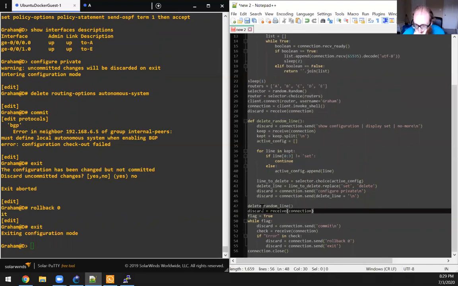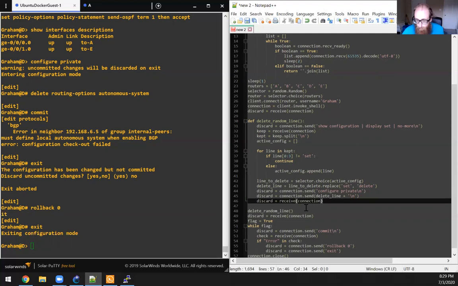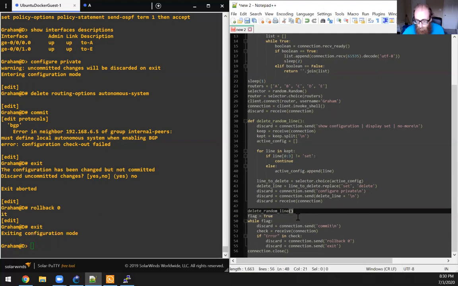All right, and then after we do that, we can do this in here, so it's a little bit nicer. There we go. So we don't need this extra one here. So now we're running all this code. Now we're setting a flag to true. So while flag, discard equals this commit. Okay, so now that we've done all this, we're going to be sending the commit, and then